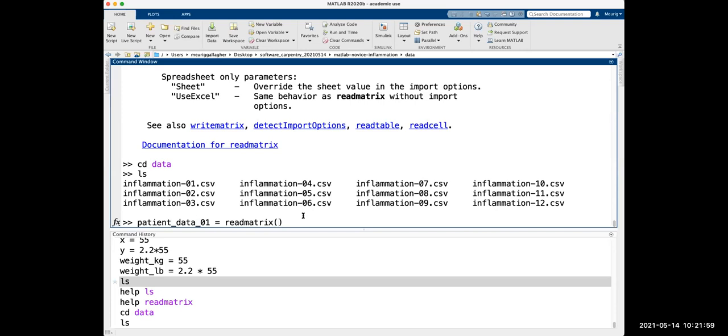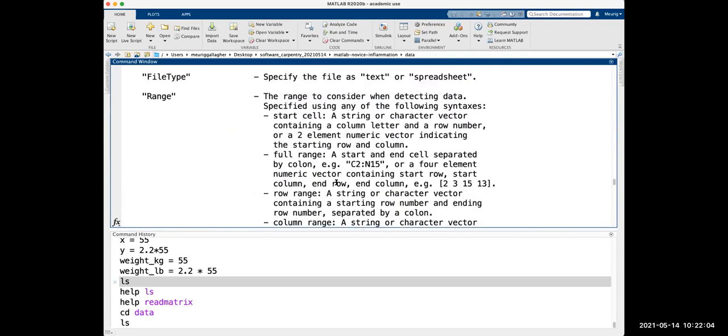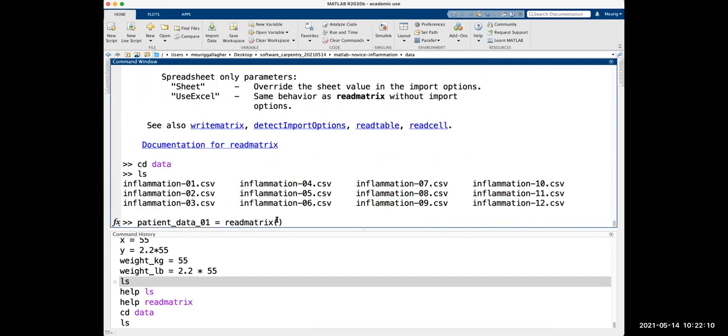So it takes one argument, and that argument was the file name. So if we scroll back up just to double check, we can say A equals read matrix, and then the file name. A file name is a string, so we put in our speech marks. And then we're going to take the first one, inflammation01.csv.